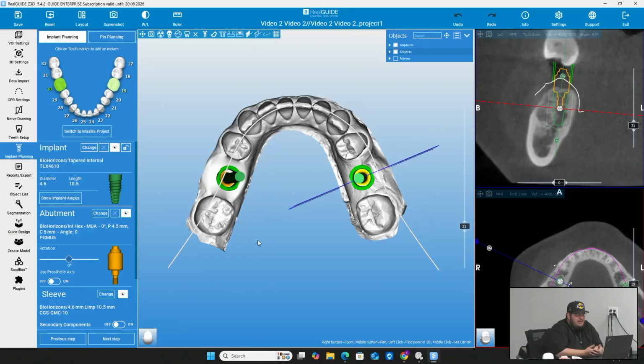And in this Workflow Wednesday, I'm going to be showing you guys how to make two separate surgical guides on a single treatment plan on RealGuide. So right now, I have RealGuide open, and as you see, I have two different implants planned. I have one for site 19 and one for site 30. So what we're going to do is go ahead and make two separate guides off of this